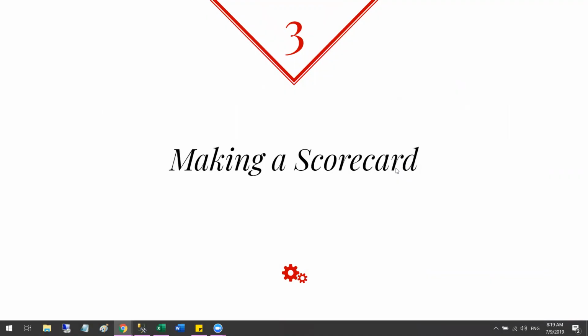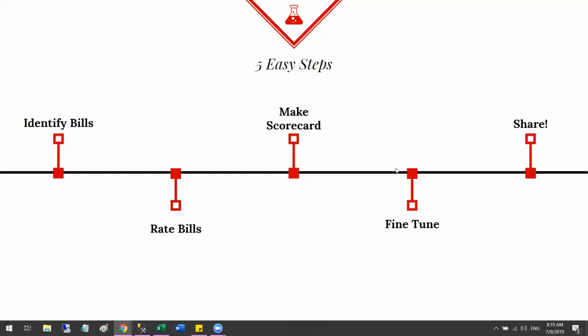Okay. Michael, are you ready to actually make a scorecard? Sure. Okay, good stuff. So, 5 easy steps. You're rating legislation, so you've got to identify the bills that you think are key and then rate them. So you say whether they're good or bad, and then you make the scorecard. You do any fine tuning you need to do, and then you share it. Now, remember, you might want to keep this internal just to remind yourself of who was your friend, or just because you're hunting for allies. So you don't have to share it, but there's a lot of power in sharing these, so we encourage it.